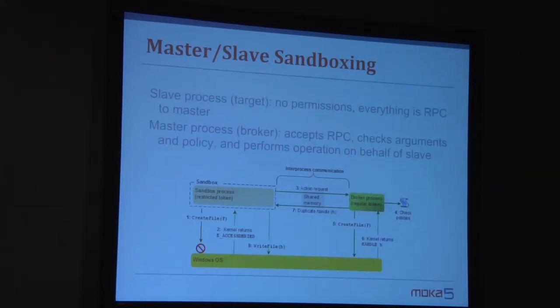The other process can then take that request and validate it. It can check arbitrary things, like, is this guy allowed to do this? Is it okay for him to write to this file, or is that not okay? Do I allow him access to the clipboard or not? You can implement arbitrary code in the broker process to check whatever you want.